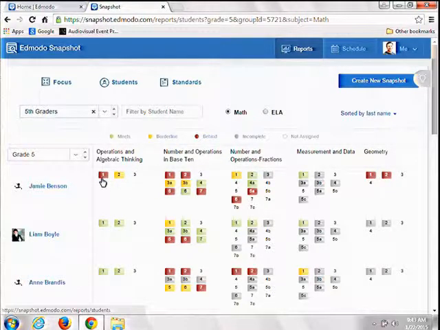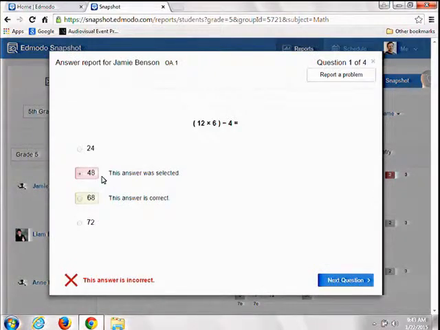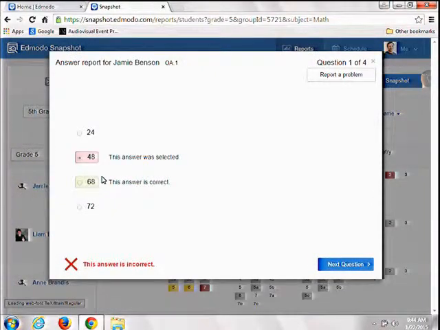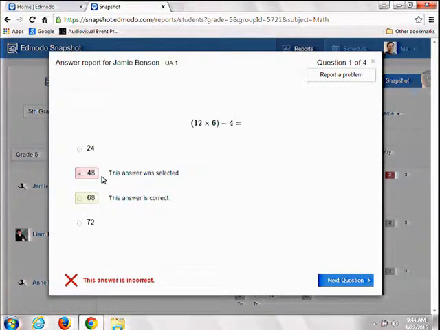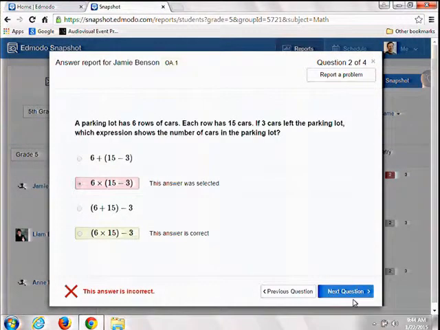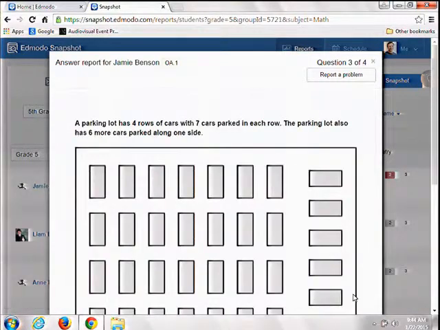So if I click on that red one, now it's actually going to show me the items that Jamie actually did. And so I can begin to do some item analysis here. So I can see, for example, this was what Jamie selected versus this is what the correct response was. I can look at the next one. I can look at the next one, et cetera, et cetera.